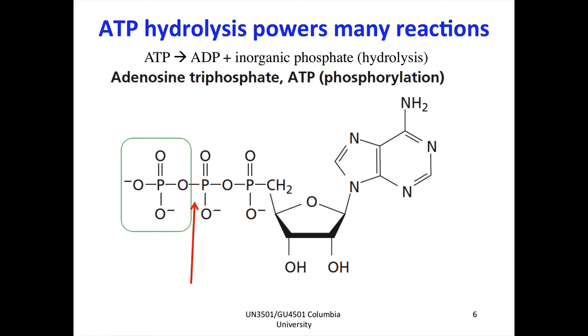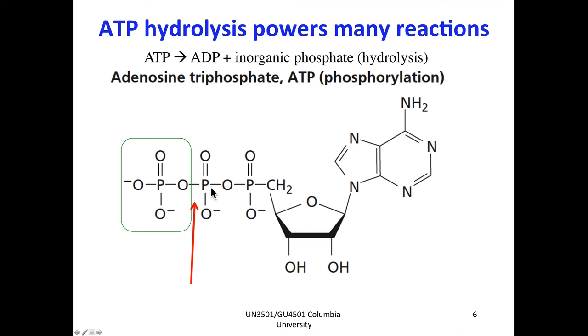Another example of the importance of hydrolysis reactions is in ATP. So ATP, we have discussed, is an energy store. It's an energy currency. It's used to power many reactions, and that's through the hydrolysis of ATP. So ATP is a phosphoanhydride. This is the very reactive structure to hydrolysis that I mentioned before. And so we can have water come in here and cleave this phosphoanhydride bond, and then we get ADP, which